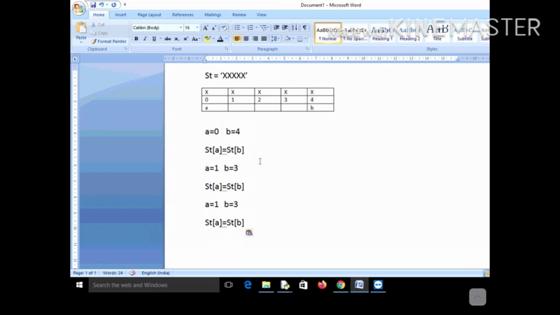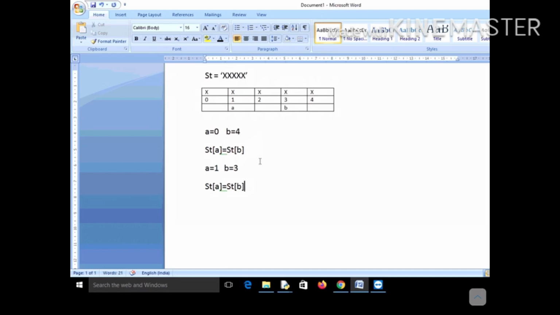Next, what will happen? The value of a will become 2 and b will also become 2. At this instance, where will a be? Let me first erase this one. When a becomes 1 and b equal to 3, what will be the diagram? a will come here and b will come here, isn't it?